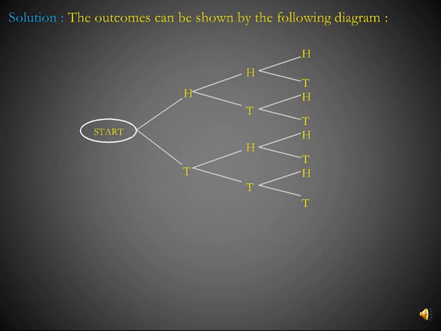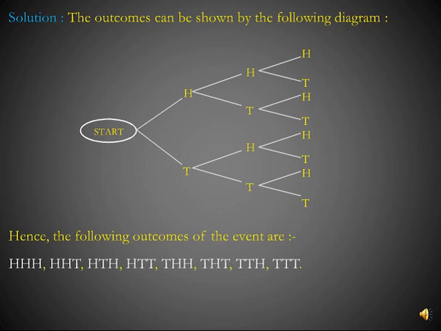Similarly for other head and tail. So here the possible outcomes of the event are, first head comes, then in second toss the head comes, and in third toss also the head comes. Or in first 2 tosses head comes and in third toss tail comes. Or we can say another outcome may be head comes, then tail comes, then head comes. And in next outcome we may have head, tail and so on. So there are total number of events as 8.